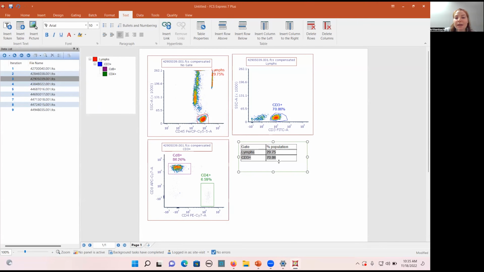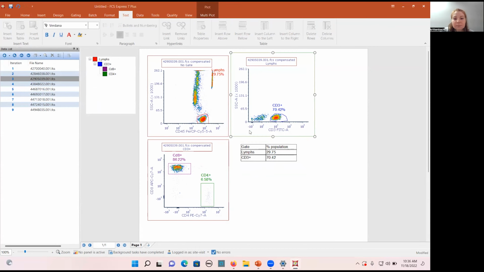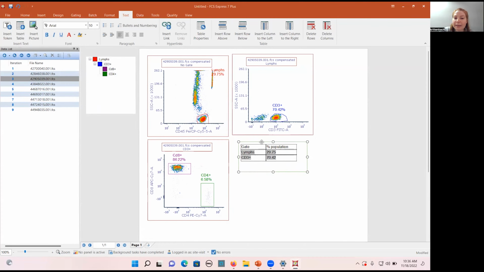and I'll press OK. And now that is a token here that is being reported. And again, as I move this gate, then that percentage is going to update in real time. Okay, so we have this custom table, but there's another way that we can add a table that might be